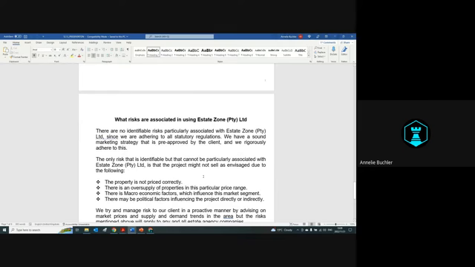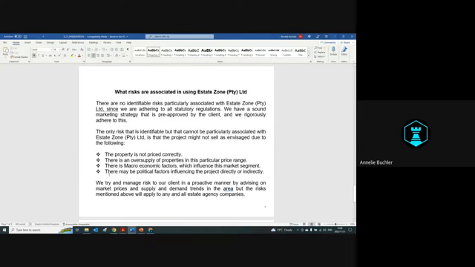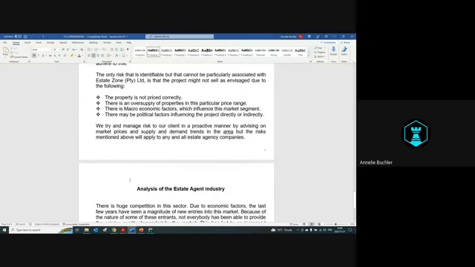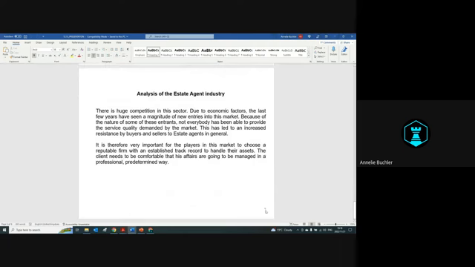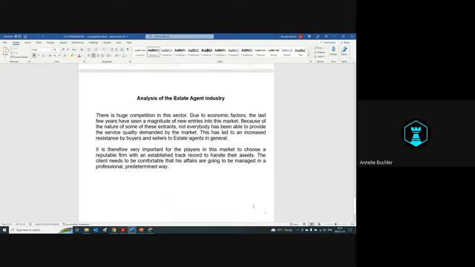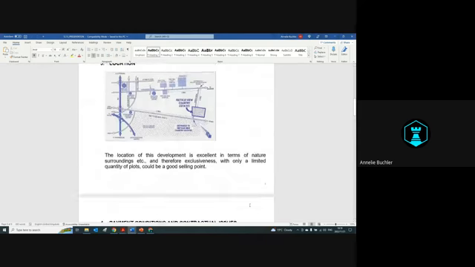But the risk is the property is not priced correctly. Oversupply of properties in this particular price range, macroeconomic factors, the current market conditions, political factors influencing the project directly or indirectly. So the analysis of the estate agent industry. And this is like a 9-pager. This presentation should take you 10 minutes to present